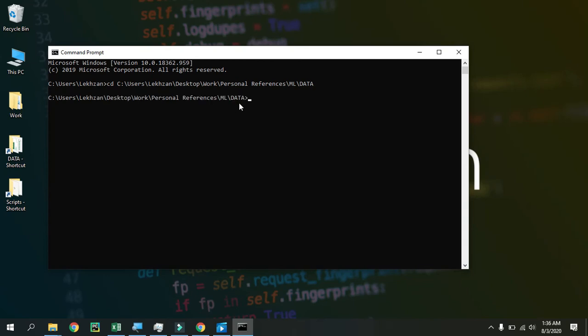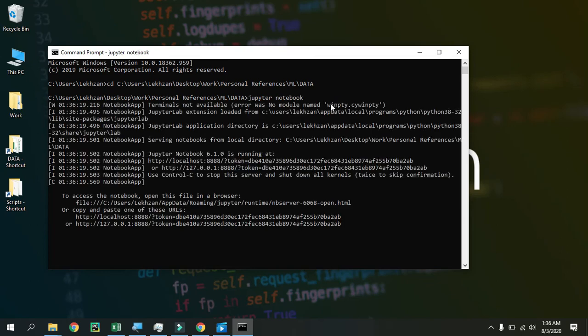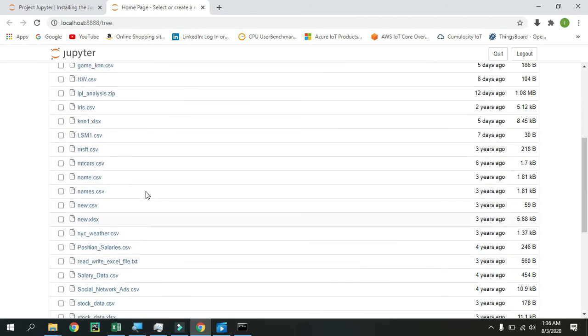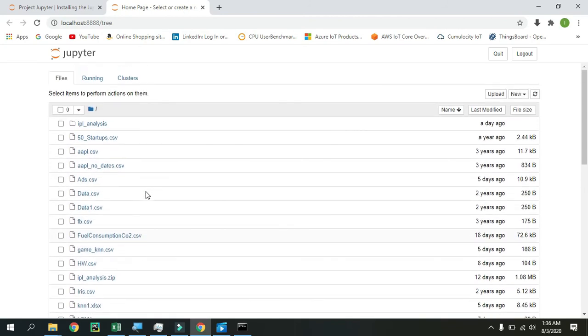So once you are inside the desired folder, so for me it was the data folder, I am inside the data folder now. So you just have to write Jupyter Notebook in here. That's it. So now you would see the location of my notebook would be inside this data folder. Here we go. We are inside our data folder and Jupyter Notebook has been opened up in my data folder, the desired one.